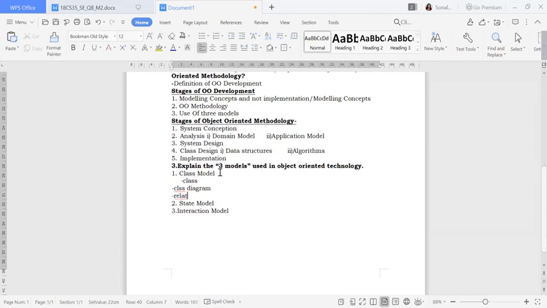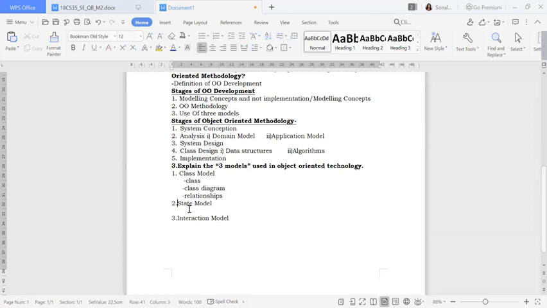So I'll just write down relationships. You are going to explain these things inside your class model. Now inside the state model, what are the things you should explain? This number is getting changed.